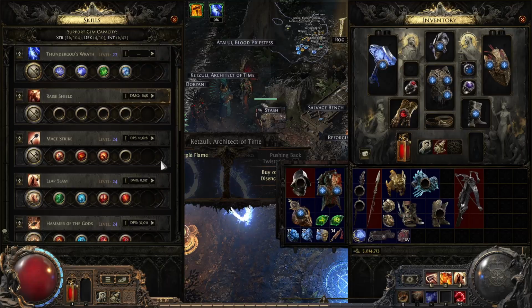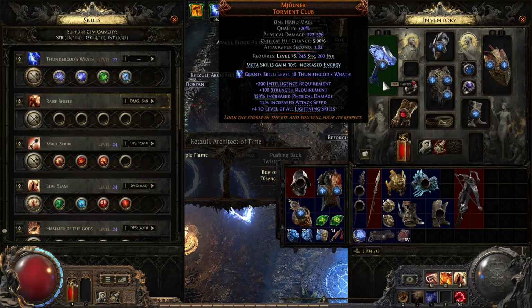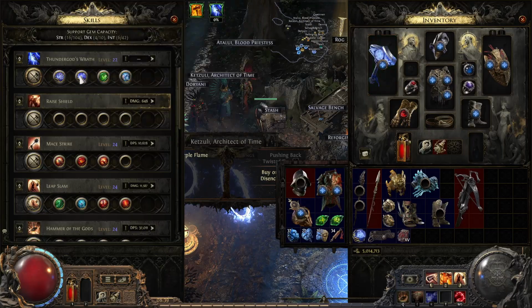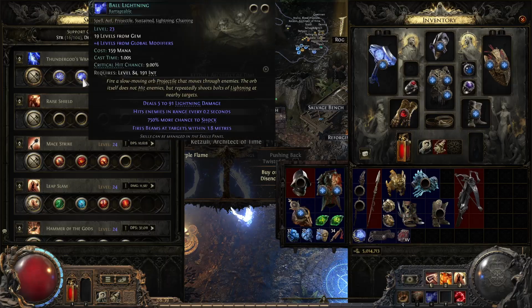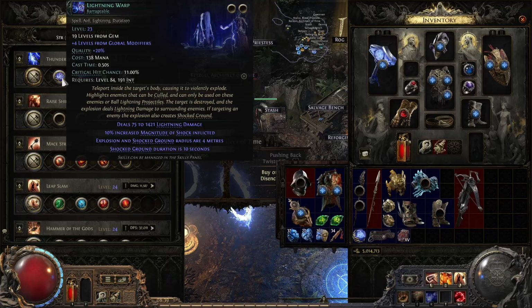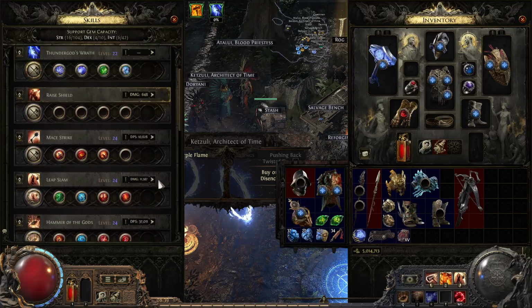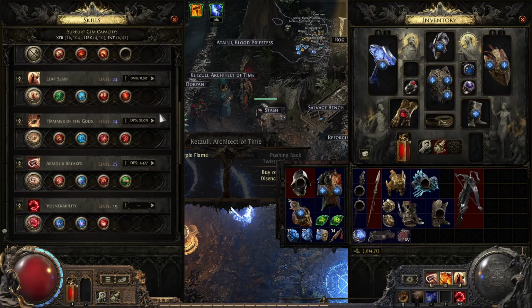But would the build be faster with 2 Mjolnirs? Sure, you could split this up and make sure that Bolt Lightning is doing all of the debuffs, and then Lightning Warp is socketed with some more additional damage. That would be a way. But right now, if you're looking at numbers, it should be viable. It should be something you could take up against any boss,